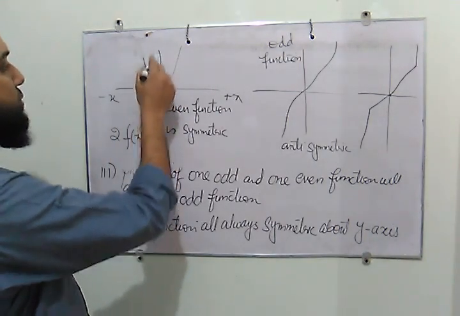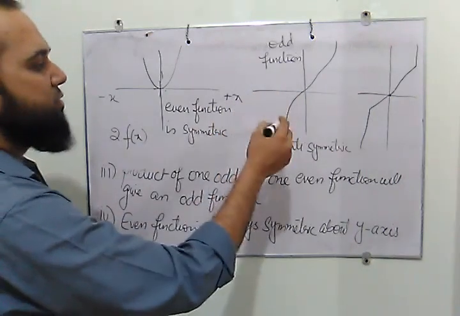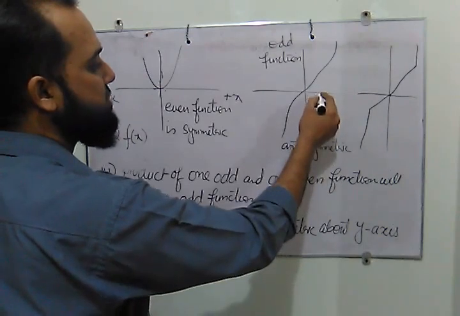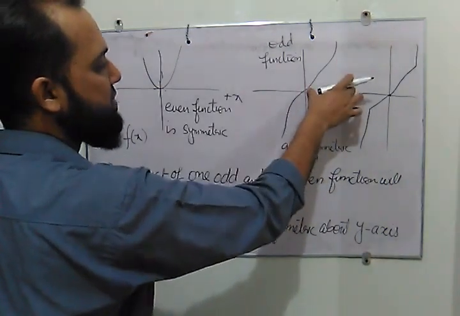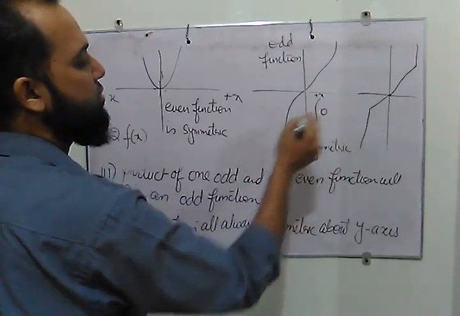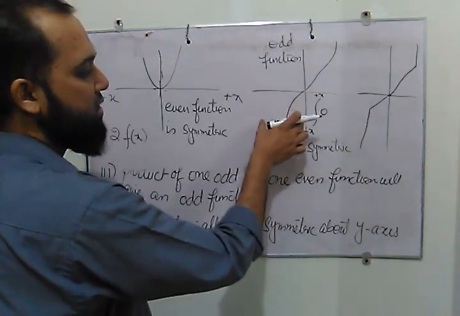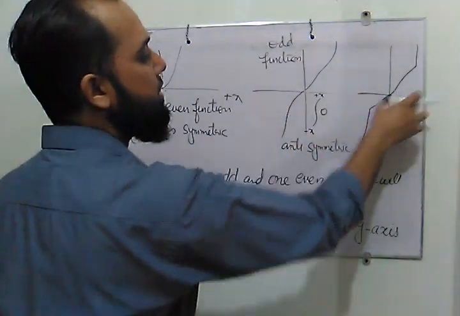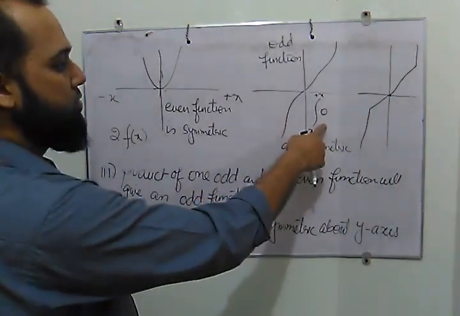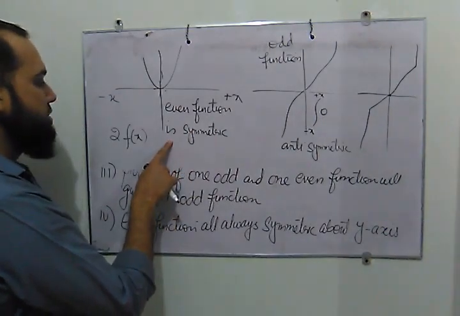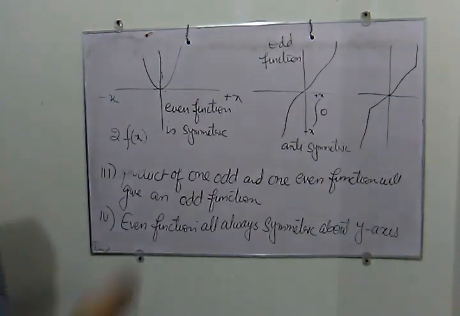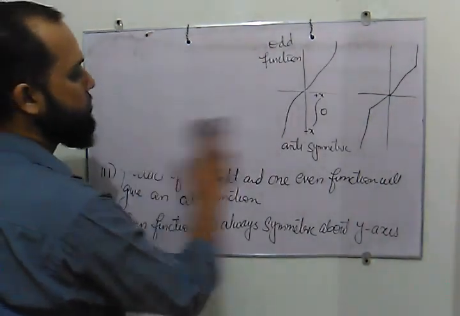This portion and this portion will be added. Here, if we integrate the odd function from negative x-axis to positive x-axis, if we add this one to this one, then this is opposite to this one, so it becomes 0. For example, this I call a, this will become minus a. So if we integrate an odd function, then it will become 0. If we integrate an even function, then it will be twice of this function. Let me write it in the integral form to understand.